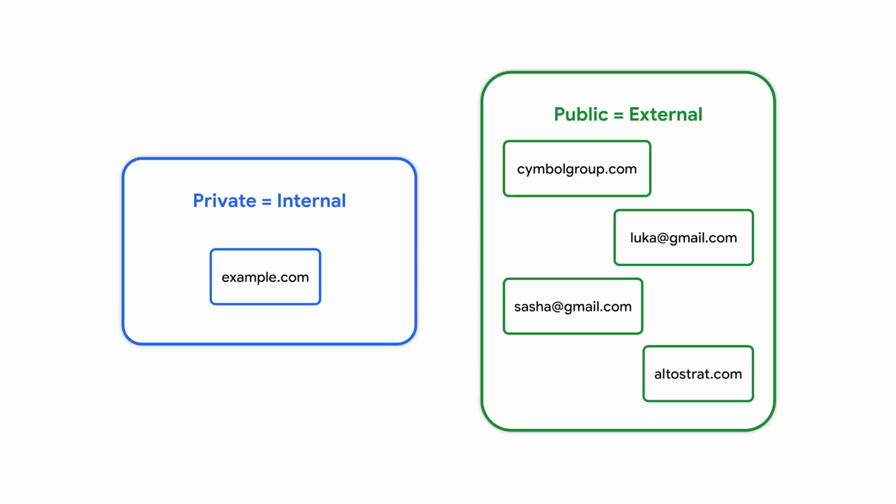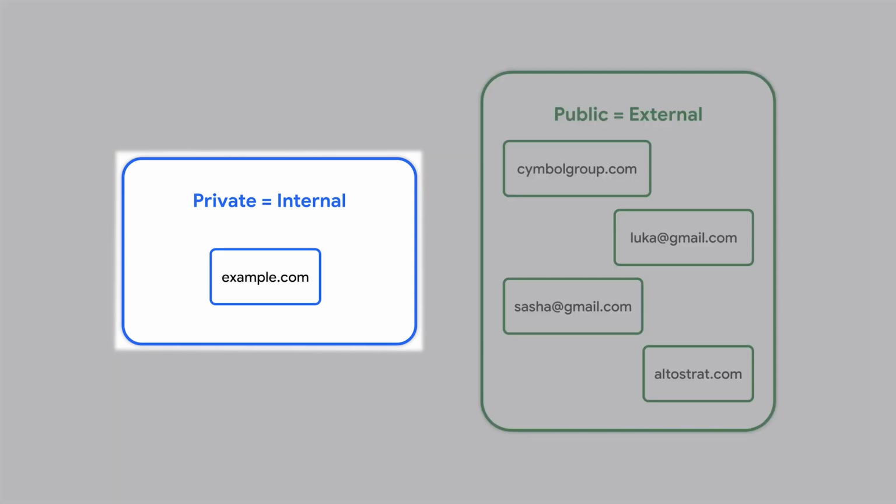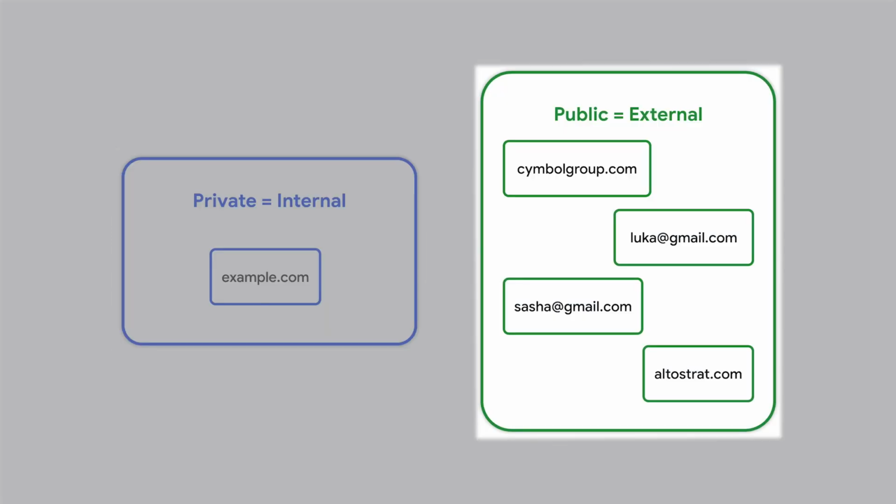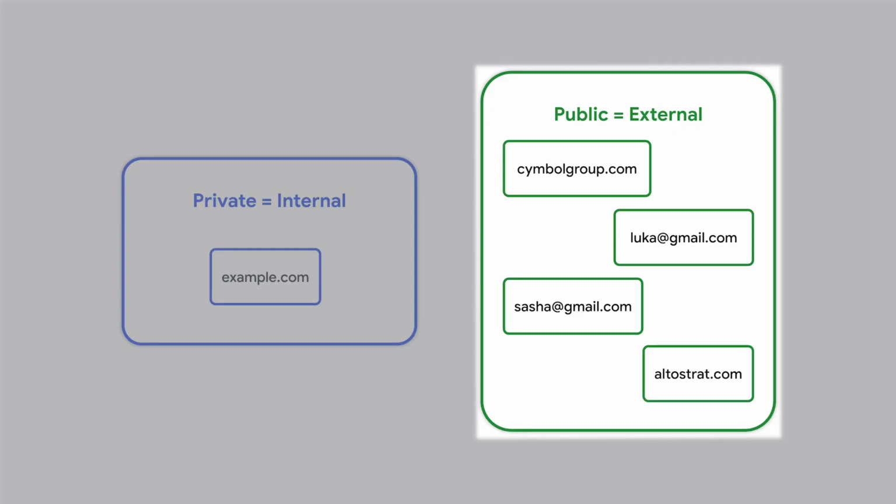At this point, it's important to understand for whom you can publish apps on the Google Workspace Marketplace. You can choose between publishing your app as a private or a public app. Private means that your app integration will only be visible in the Google Workspace Marketplace and be installable for your organization's Google Workspace domain. Public means that your app is visible in the Google Workspace Marketplace and can be installed by anyone with a Google account. It's important to note that if you are using a non-Google Workspace account to publish an app to the Google Workspace Marketplace, you will only have the option of publishing it publicly.